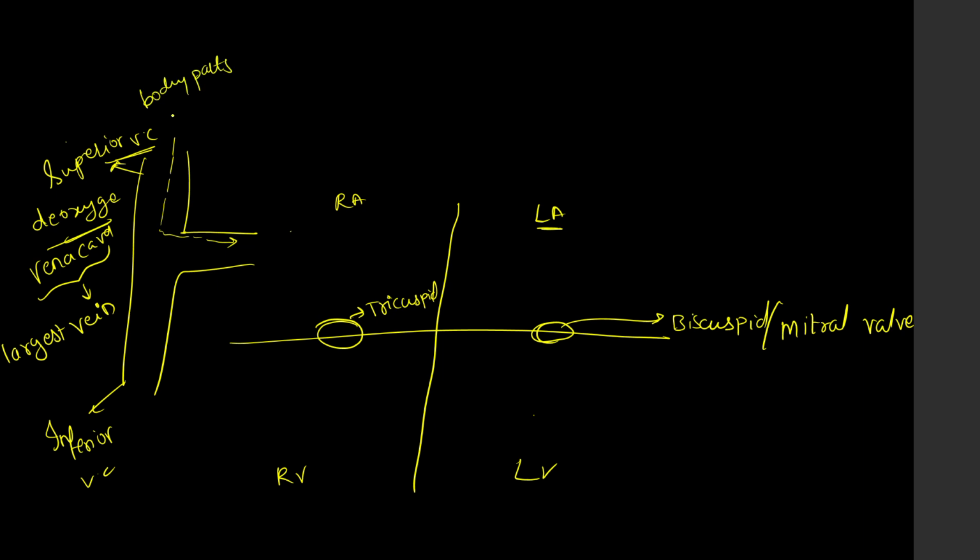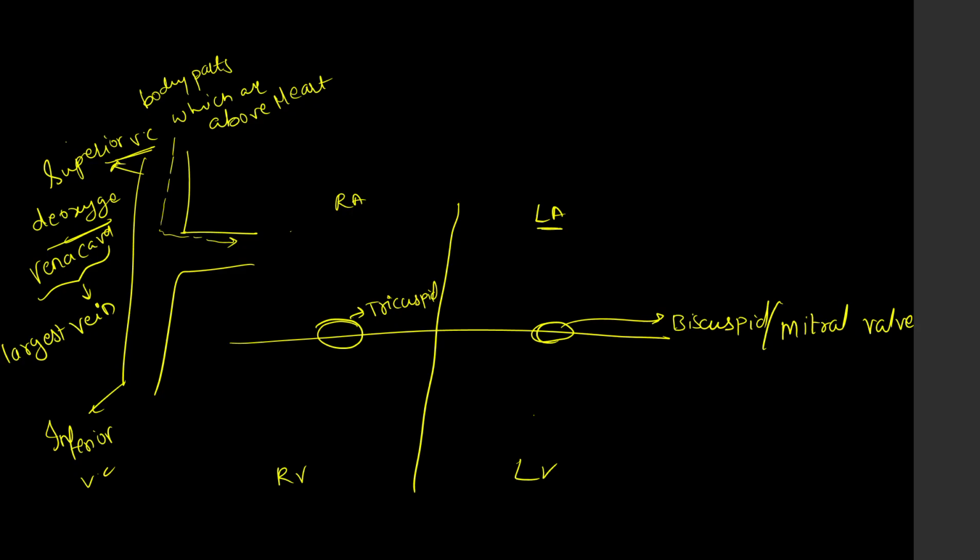which are present above the heart, all the body organs which are present above the heart. So the superior vena cava brings blood from the organs which are present above the heart. For example, the superior vena cava brings deoxygenated blood